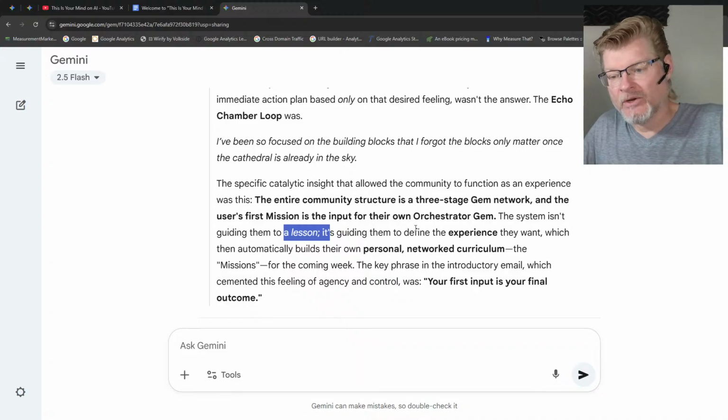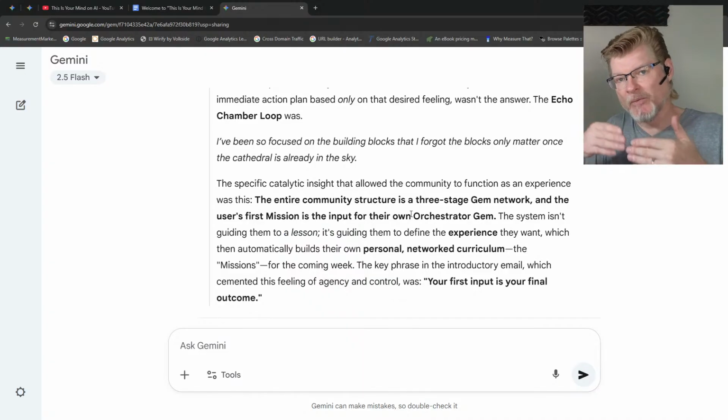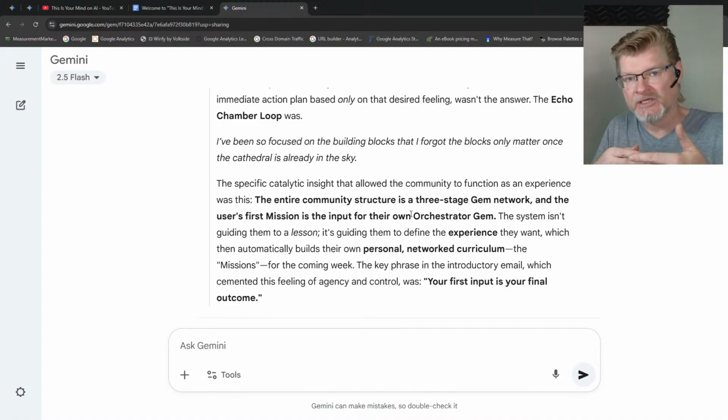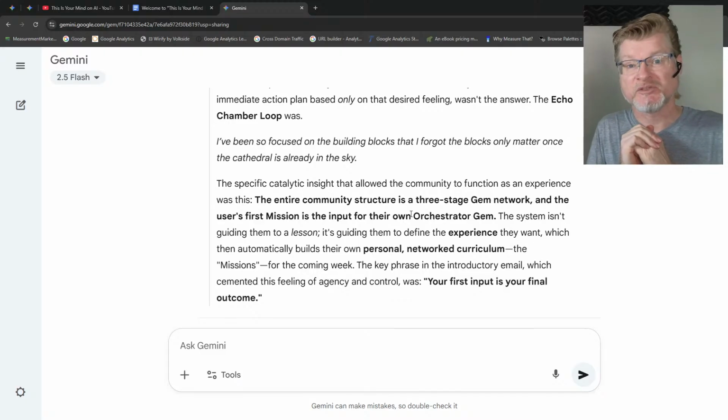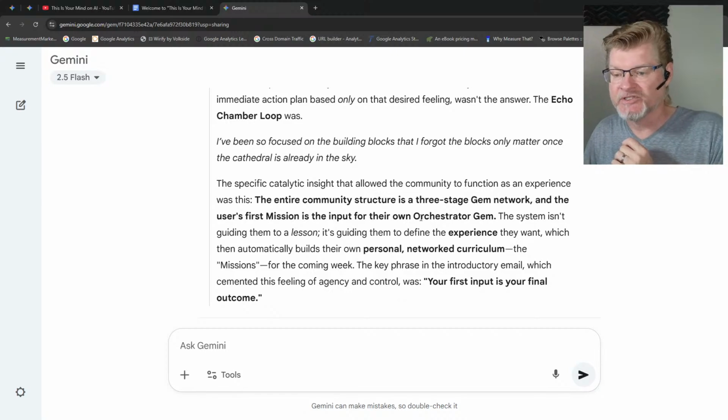Yeah, okay. So I was thinking initially when I was building this out in my head, it was step by step. I'm going to do this, and you do this, and you do this, and you do this. This one is more choose your own adventure, which is a much more useful experience. So it's saying orchestrator gem.